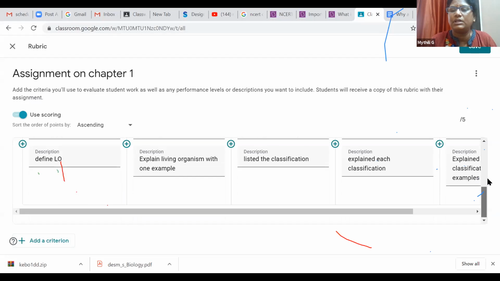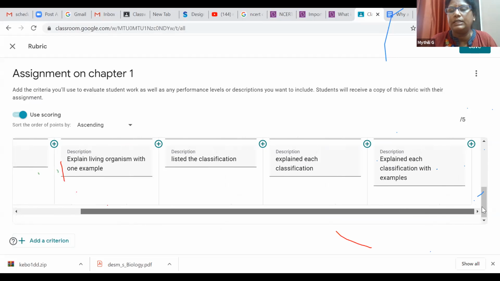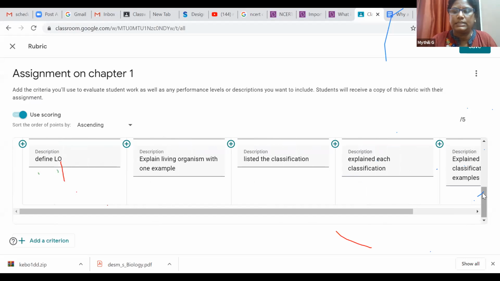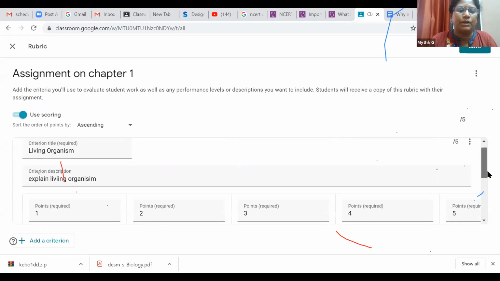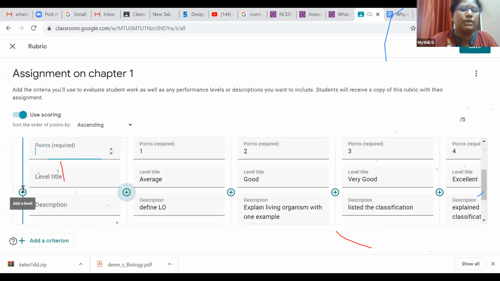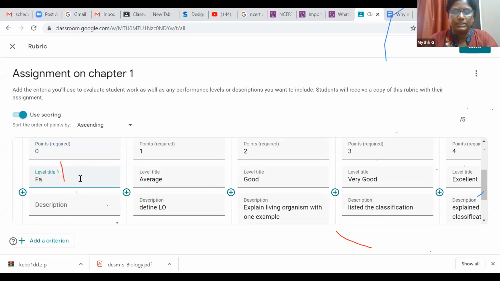So I'm not giving them 0 marks. If they have not attended, then I will put the 0 mark. That also you can create as a rubric. You can also create 0 mark if you want. That also is possible. You can give a negative mark or otherwise 0 mark. Title is fail, for example.